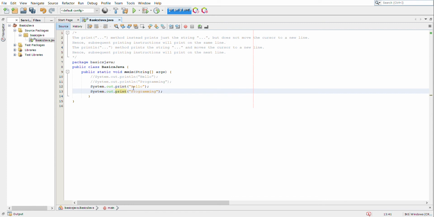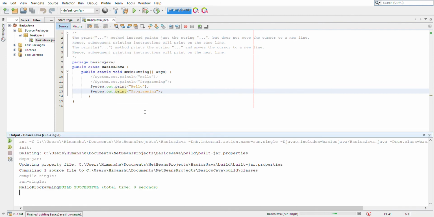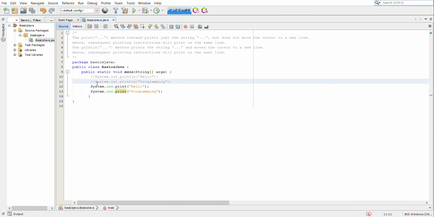So print is used for a single line print statement. If you want to print in a single line, the print statement is to be used. Let us see, hello and programming both are printed on a single line. So this is the main use of the print statement. Hope you understand this difference between the print statement and the println statement.